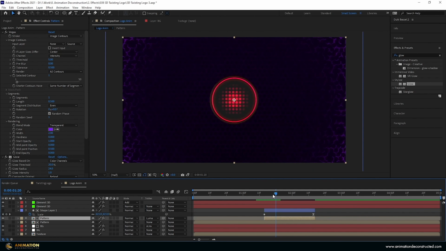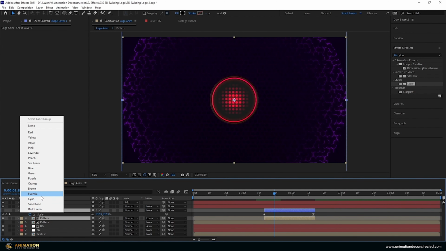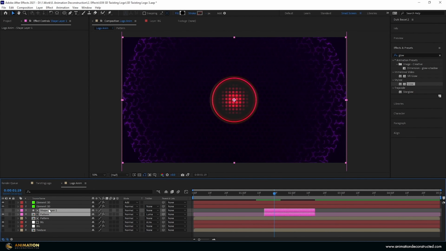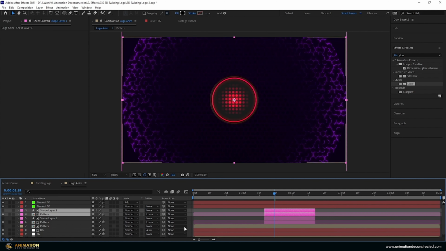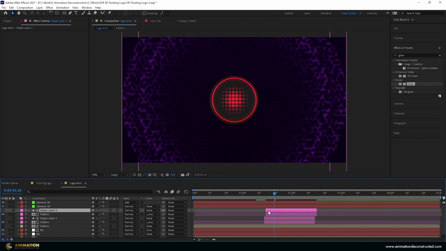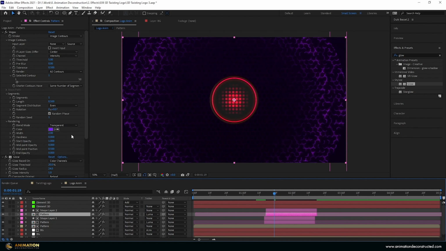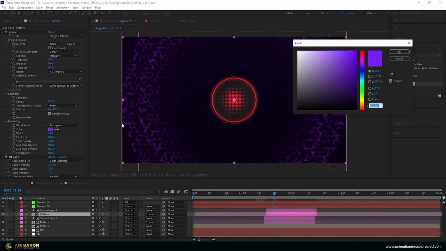And this will use the black and white to reveal this pulse. I'm just going to recolor these two layers. Let's say fuchsia, drop that back up, and Control-D to duplicate this. And I'm going to move this over one keyframe. Then I want to just change the color of this. So selecting the actual pattern layer, I'm going to change this purple to